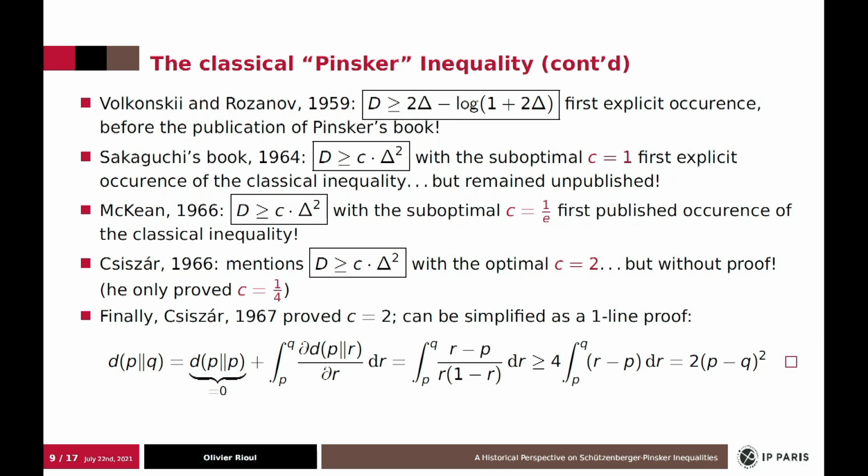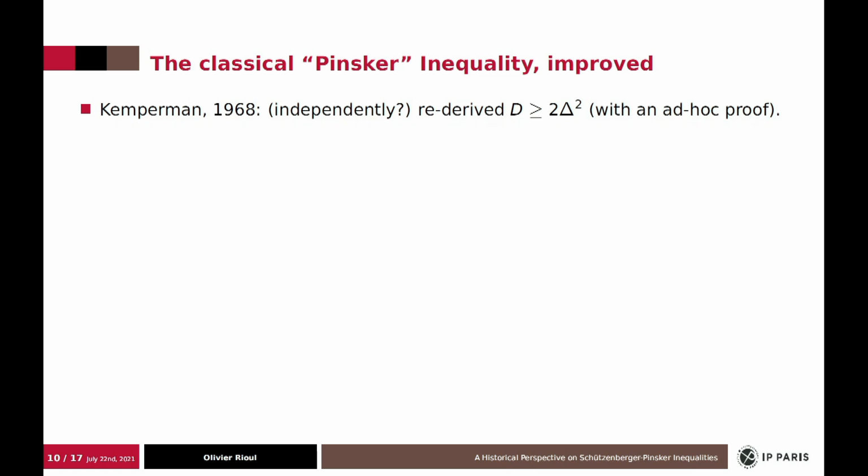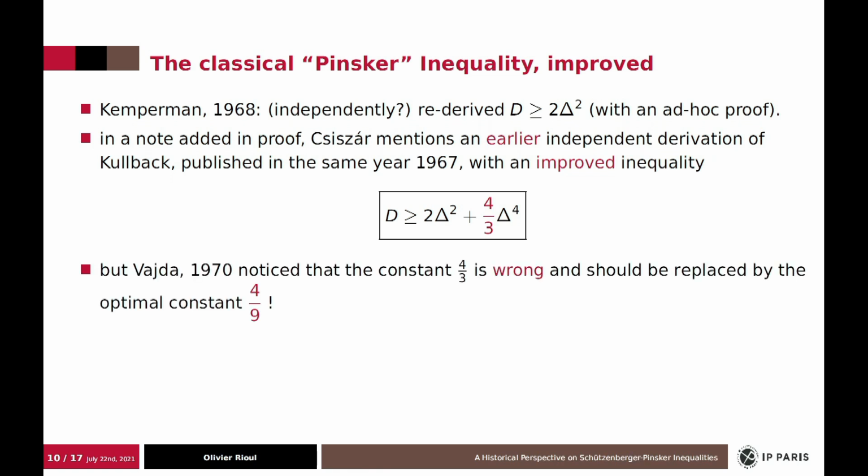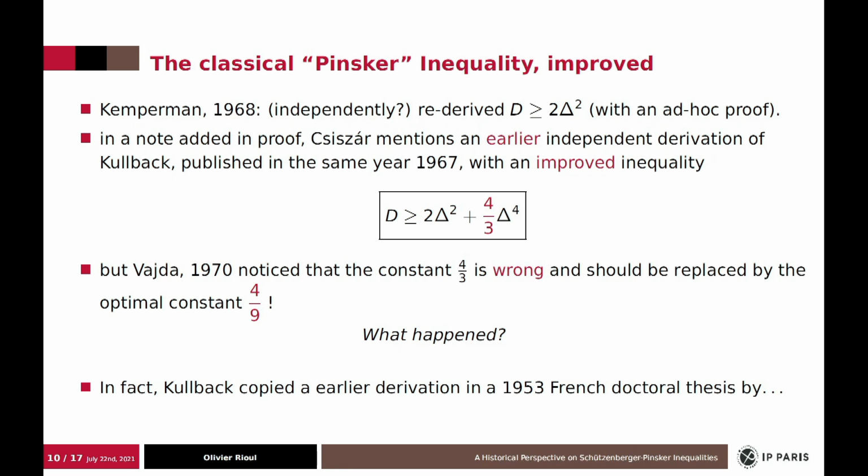All right. However, the story is not over. First, Kemperman, 1968, apparently derived independently the same inequality. But also, Csiszár mentions an earlier independent derivation by Kullback, 1967, which is even better because it includes a second order term in delta to the 4. All right? However, the constant of the second order term appeared to be wrong, and this was discovered by Vajda in 1970 and had to be replaced by the optimal constant 4/9 instead of 4/3. So what happened? Actually, what happened was that Kullback copied an earlier derivation in a French thesis written in 1953